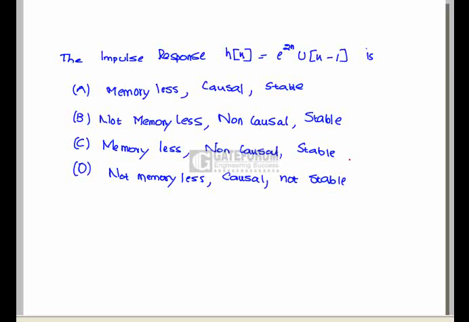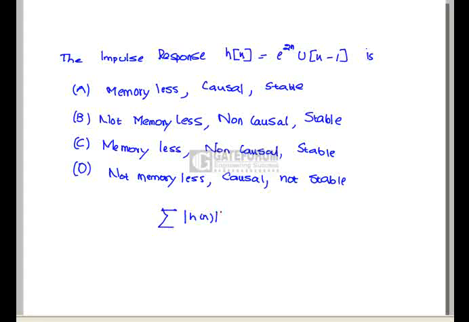Question is, the impulse response h of n equals e^(2n) u of n minus 1 is given. We need to determine what kind of system this is, whether it is memoryless or with memory, causal or non-causal, stable or unstable. See, first we will check stability. Here stability means